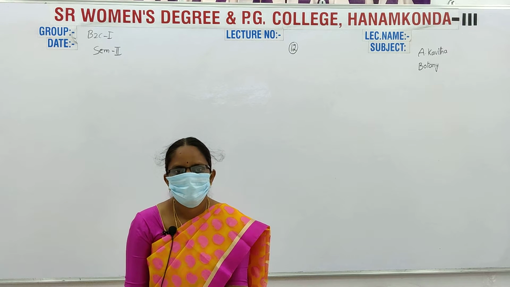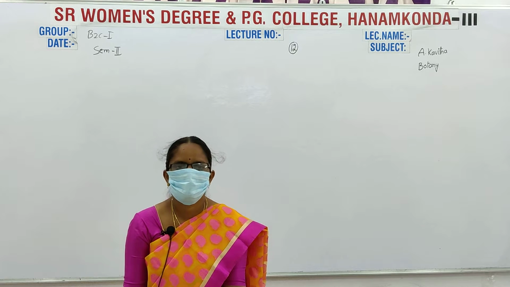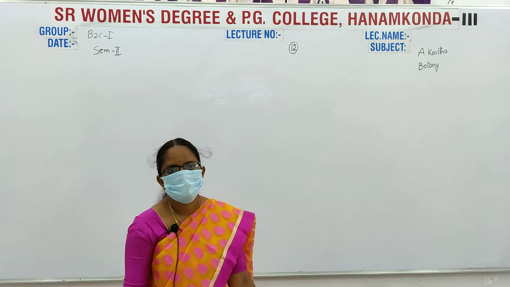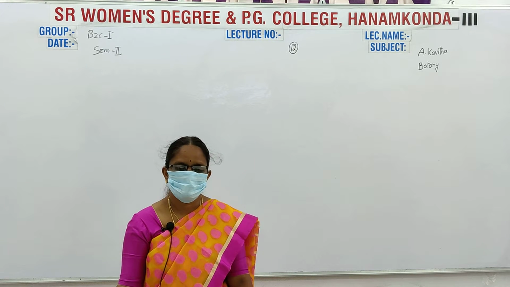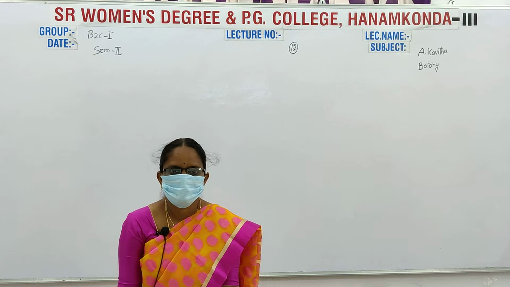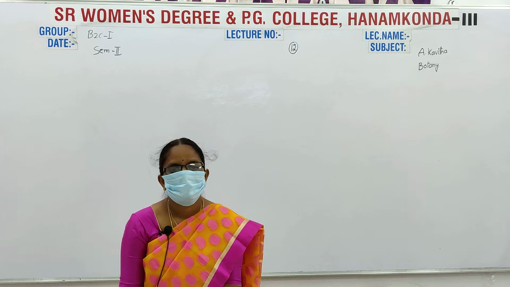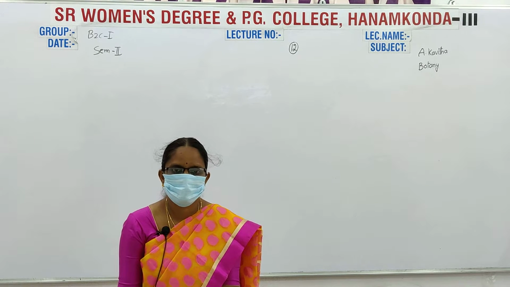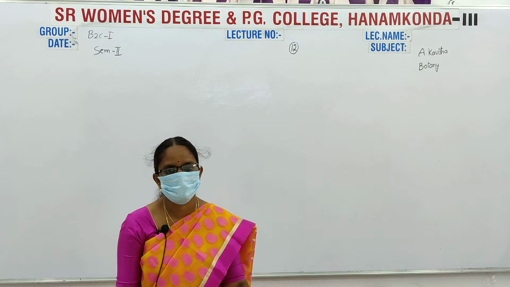This is called embryogenesis. The diploid zygote divides mitotically and forms 2 cells, 4 cells, 8 and 16. This 16-celled structure is called the proembryo. The 16 cells are arranged in 4 tiers. Each tier consists of 4 cells.